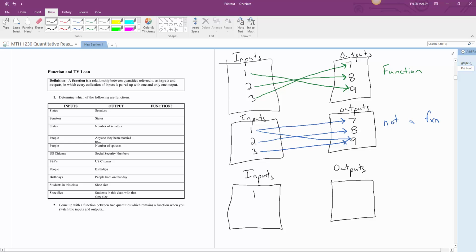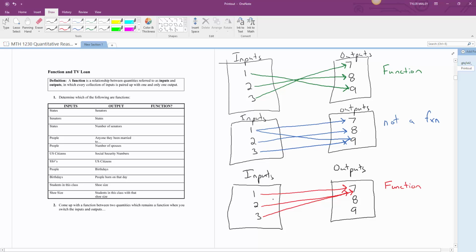So we'll still use 1, 2, and 3, and 7, 8, 9, right? So it's okay if, for example, we have 1 being mapped to 7, 2 being mapped to 7, and we could even have 3 being mapped to 7, right? This is still a function,